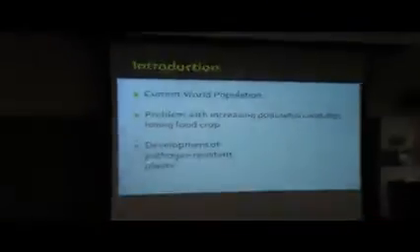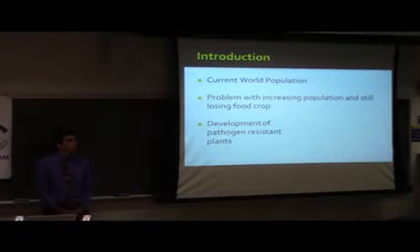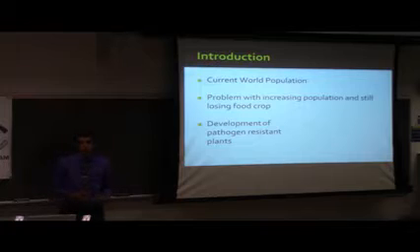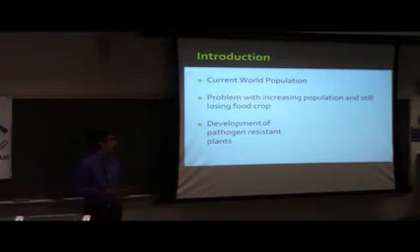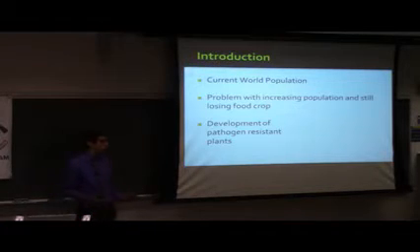So currently we have about 7.5 billion people in the world, and by 2035 we're expected to hit 9 billion. And there's this problem with the increasing rate of population, and that is that we cannot sustain this many people in the world while still losing food crops. We don't get 100% of the crops that we grow, and we don't get anywhere near 100%.